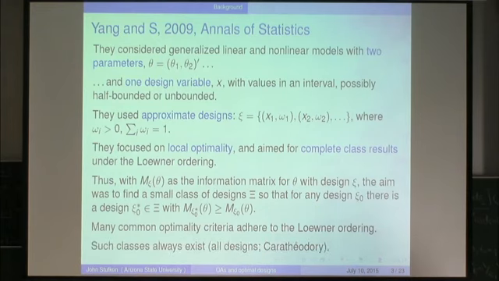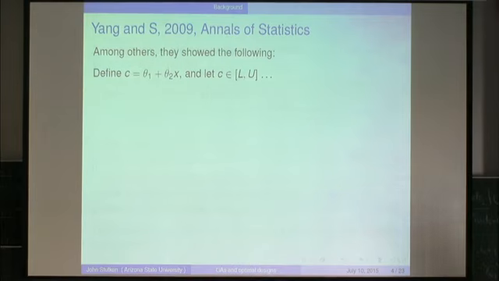And such classes always exist. A trivial one would be the class of all designs, but of course Carathéodory's theory can also be applied here to give you a smaller class than the class of all designs. But we were hoping to find even smaller classes than that. So among others in that paper, what we looked at